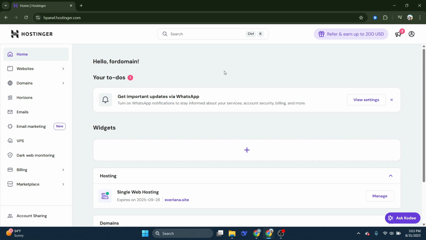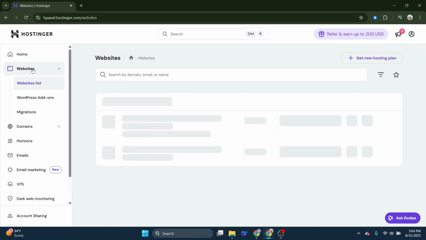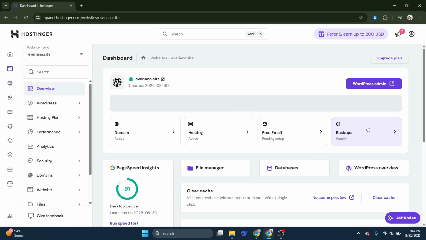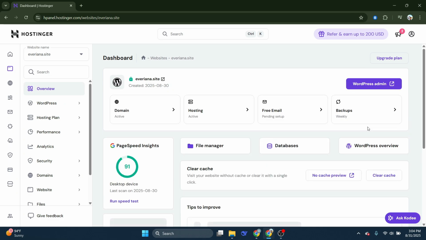Now that you're logged in and on the Hostinger dashboard, look for the Websites section. You'll find this on the left-hand menu and go ahead and click on it. This will take you to a new page where you can see an overview of your current websites and some additional options. Next, locate and click on the dashboard of the specific website where you intend to create a MySQL